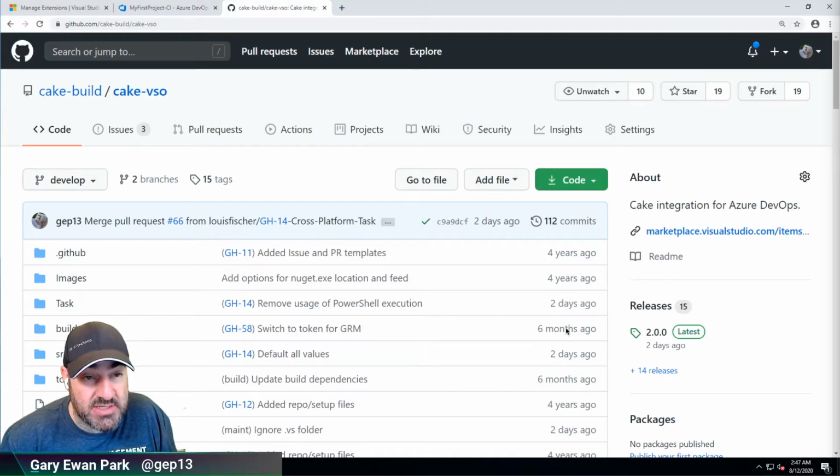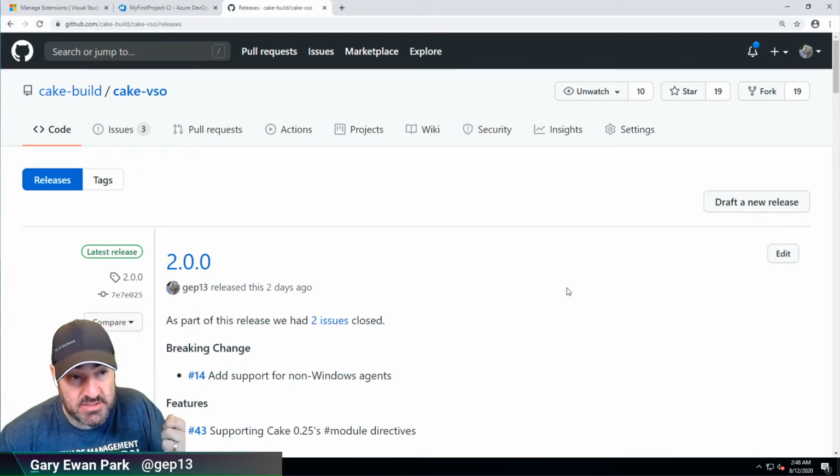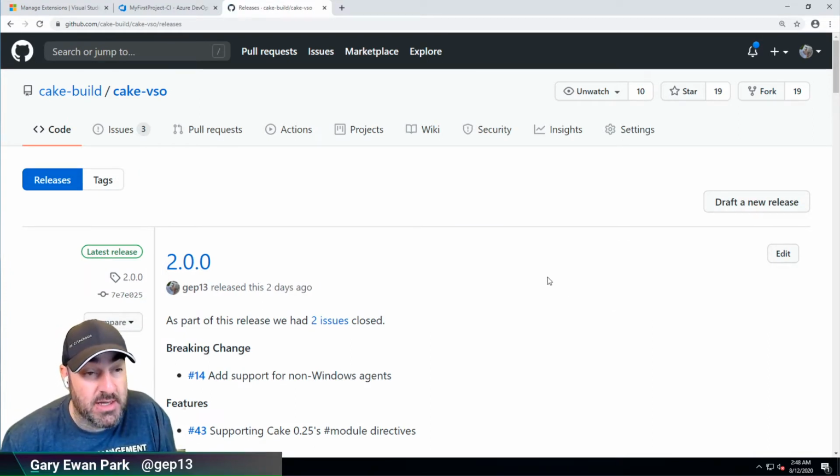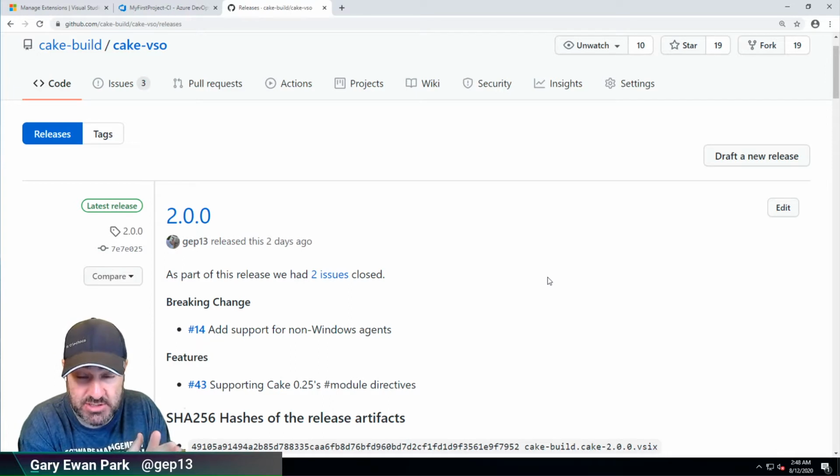Hello, in this short video I want to have a quick discussion about what has gone into the 2.0.0 release of the Cake extension for Azure DevOps. So in this release we had a fundamental breaking change, and that's why we have released it as a 2.0.0 release. In the previous version of the Cake extension for Azure DevOps, it was PowerShell execution that was being used,